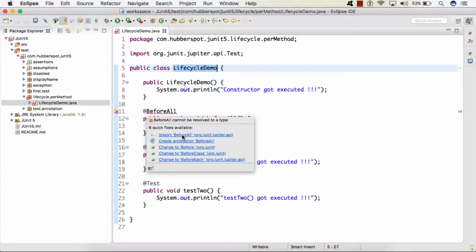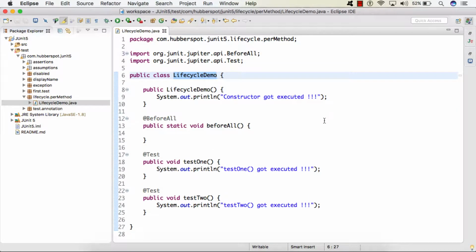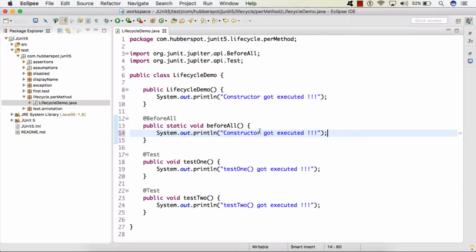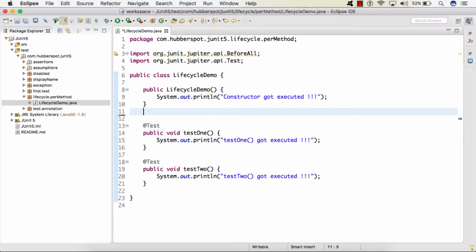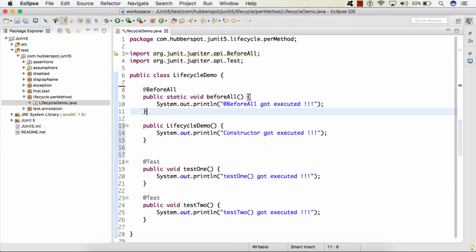So here I will be importing @BeforeAll from org.junit.jupiter.api, and will simply provide a sysout as "@BeforeAll got executed". I will simply cut it and place it on top of the constructor here.